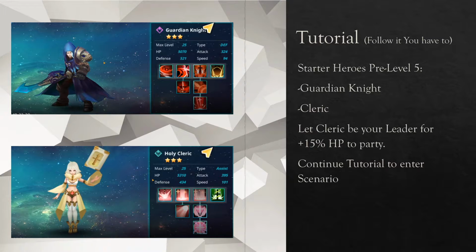So right here we've got the Guardian Knight at the top left, and we've got the Cleric in the bottom left. The Guardian Knight, you're not going to take him up past his max level, which starts out at 25. There's just no point to it unless you really just want to build him to help you with scenario clear. But in order to save time, save resources, and be as productive as possible, I'm just going to ask you to keep him at a level 25 as he levels throughout the scenario clearing, and don't put any heavy investments